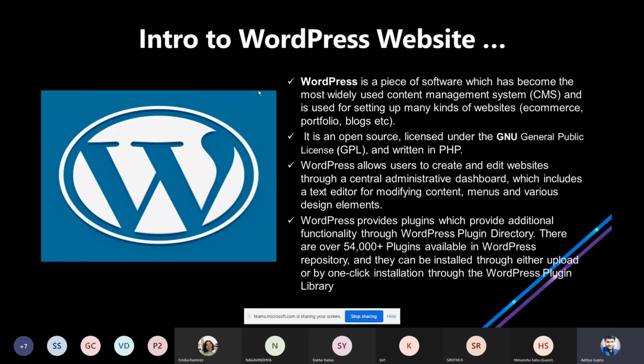And when you log in to the WordPress website, you are going to get your dashboard too. In that dashboard, there are going to be many plugins. What plugins are, I will show you when I give you a live demo event. Through a plugin, you can install a variety of functions.